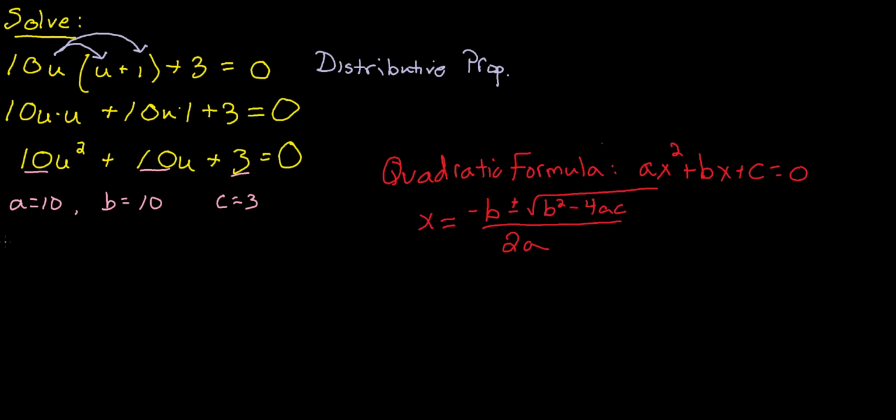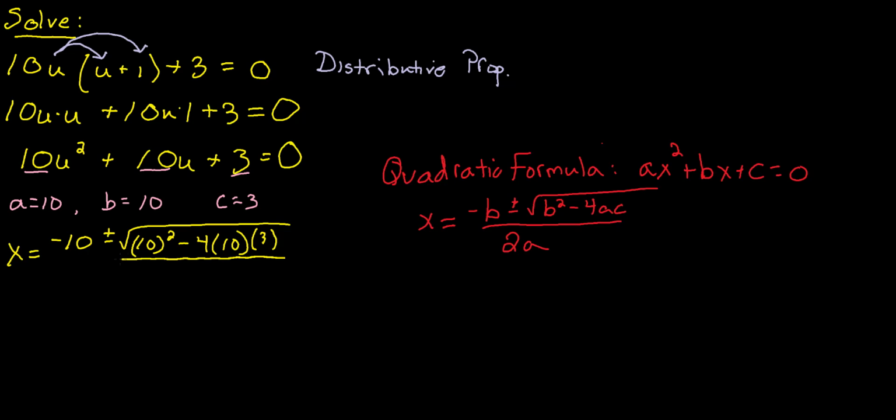So now plugging in, I know that my solution is going to look like x equals negative b, which is negative 10 in this case, plus or minus the square root of b squared. So I'll write that down. That's going to be 10 squared minus 4 times a, which is 10, times c, all over